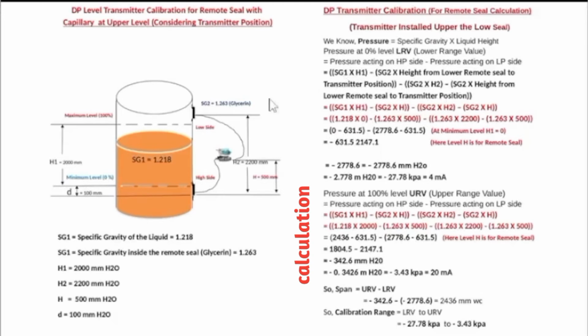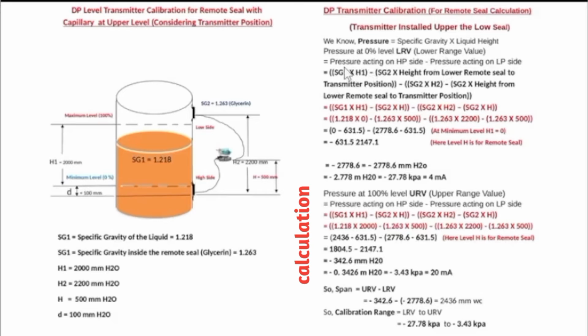LRV will be, this is the specific gravity. If we consider this will be the minimum level, and here the transmitter position is 500 millimeter from the remote seal. Here it is the same as the previous minimum level, 0%. Now we have to calculate the